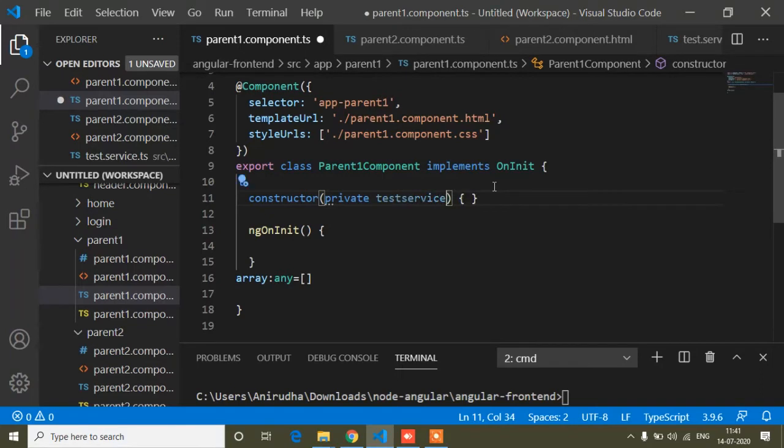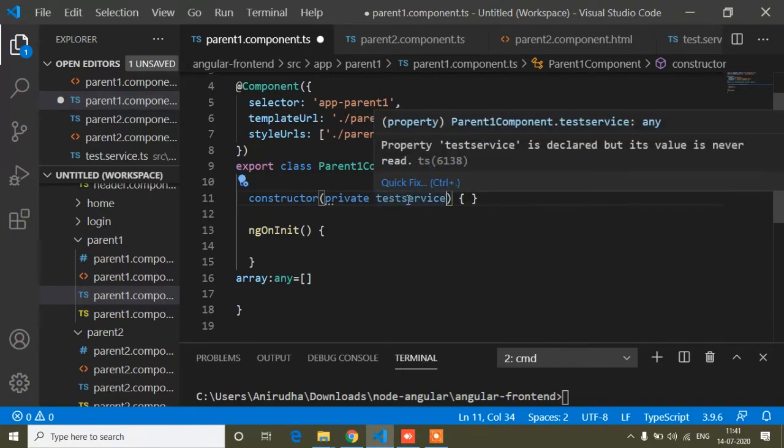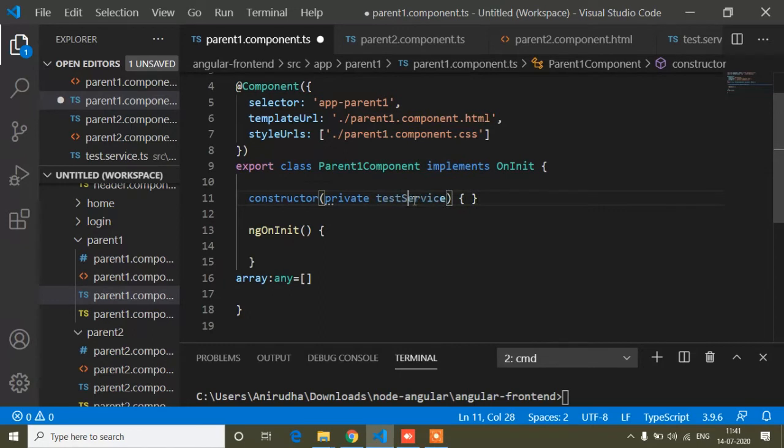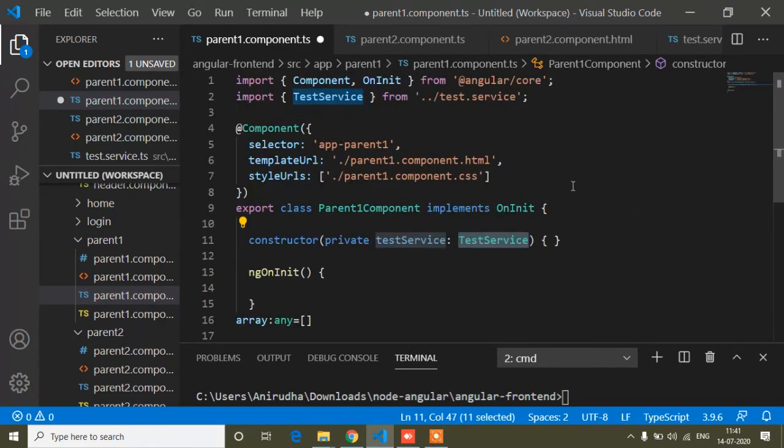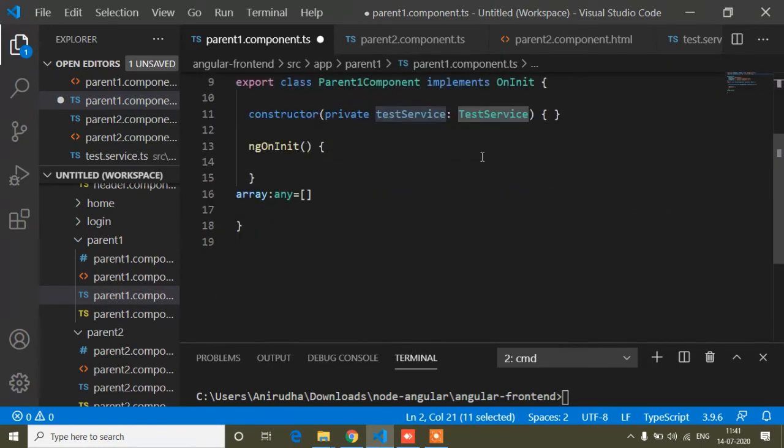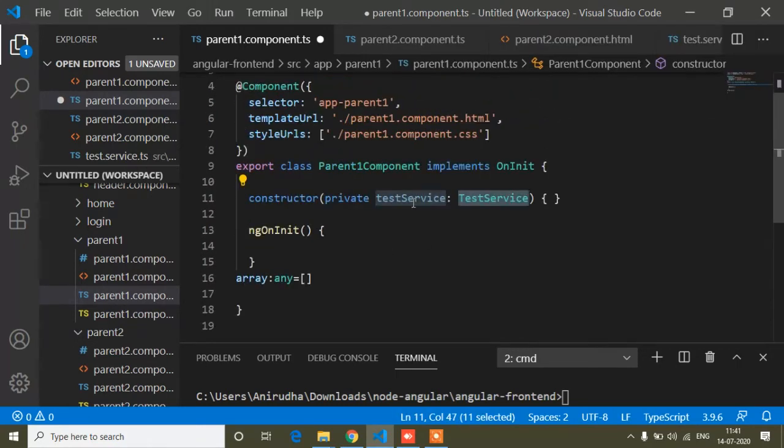You can write any name for the variable. So here I will write S as a capital, and now colon, and now TestService. TestService means our service name. So now I declared a testService variable for our TestService. So now I will work with this TestService through this testService variable.